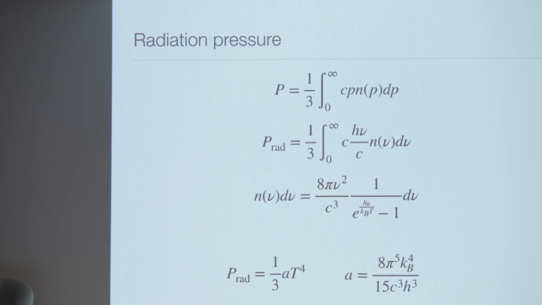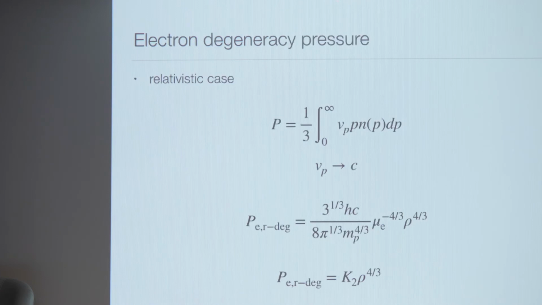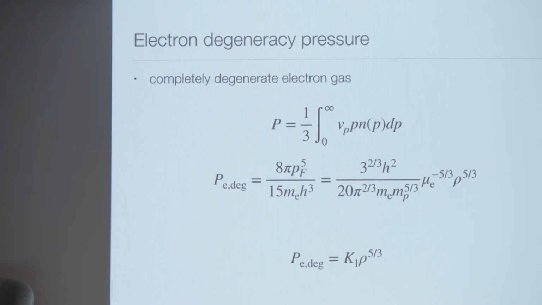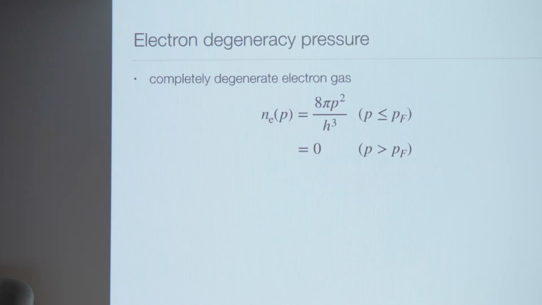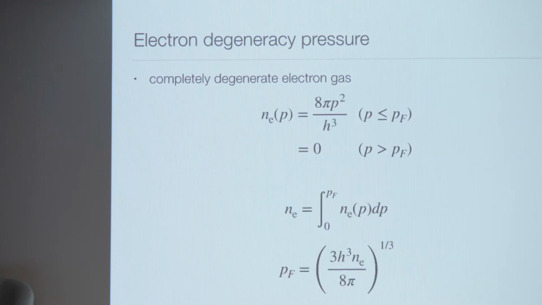And then maybe it's important to remind the listeners that the transition from the non-relativistic case to the relativistic case occurs at a density of something like 10⁶ grams per cubic centimeter. For example, the center of the Sun is about 100 grams per cubic centimeter. The white dwarfs already have a density so high that